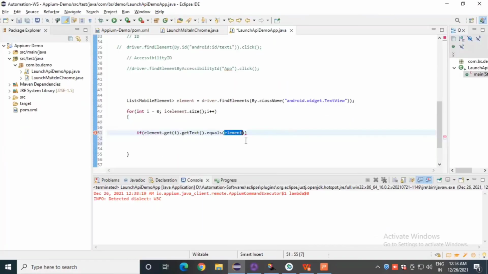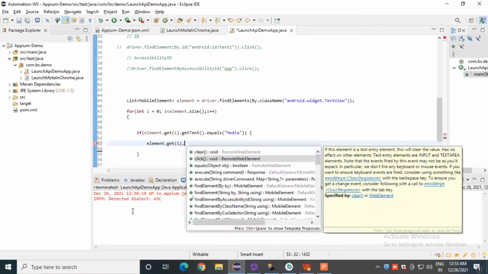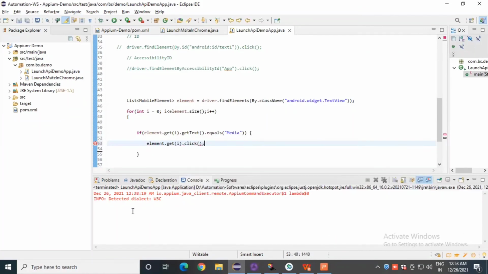Get text is media, right here, media. Then element dot get i dot click, and here we can break this loop.